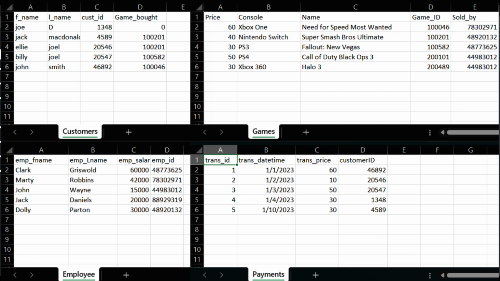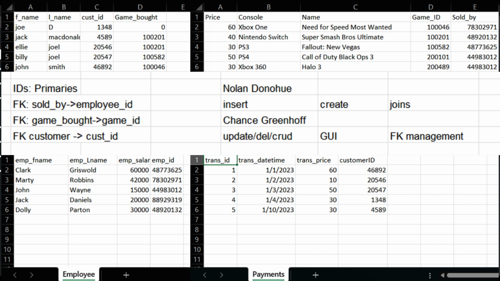So for games, it's game ID, employees, employee ID, customers, customer ID, payments, transaction ID, and then the foreign keys are listed. Nolan decided to do the insert and create statements for the project. I went with the current side. So looking here at our database,